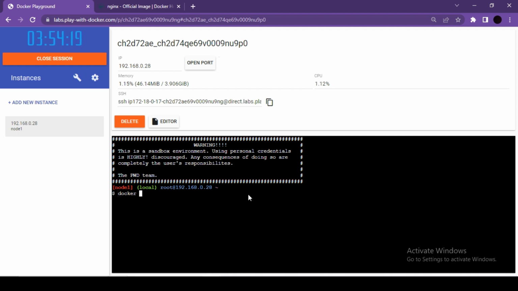And in this video, we will see how to access command prompt of our running container. Yes, our container also has command prompt, and it's really important to understand how to access command prompt